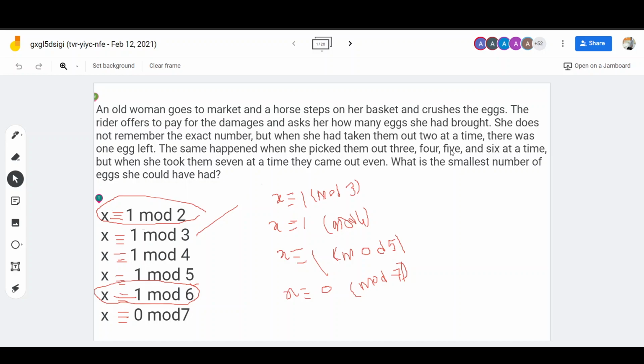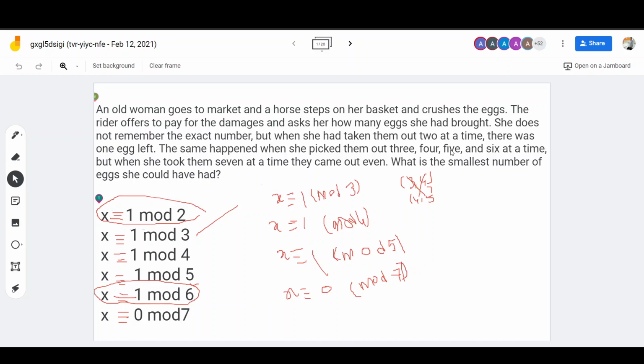Here you have to choose any two. 3 and 4, these two numbers are relatively prime, and 4 and 5 relatively prime, 3 and 7 relatively prime, and so on. So why have I omitted 6? Due to 3. Why have I omitted 2? Due to 4. So you can use this and try to solve it with the help of the Chinese remainder theorem.